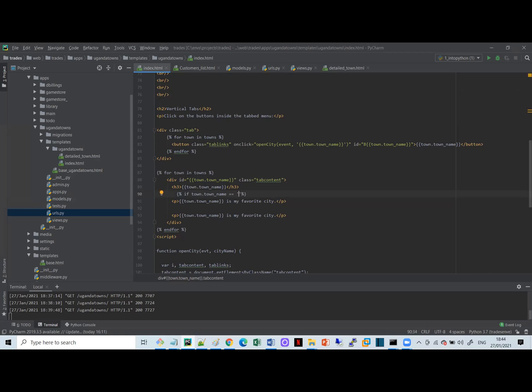And how do we write it? Kampala. Is that right? Then I want it to say Kampala is the capital city of Uganda. Otherwise, else,